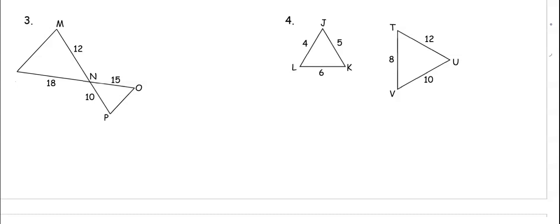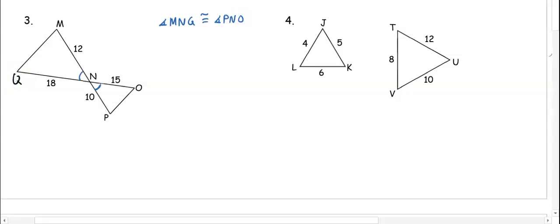So if we look at our vertical angles, we have the included angle now congruent, so we know that angle MNQ is congruent to angle PNO. But that only gives us one set of angles that's congruent, so now we need to look at our side